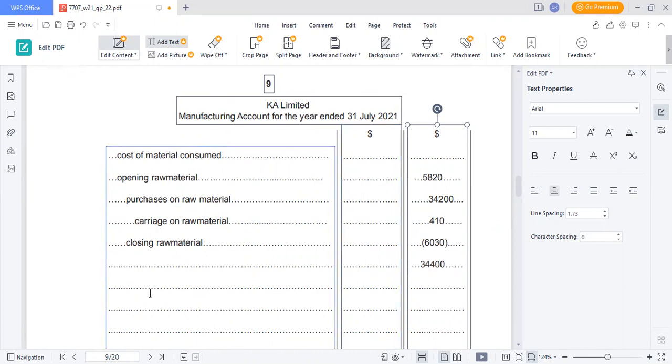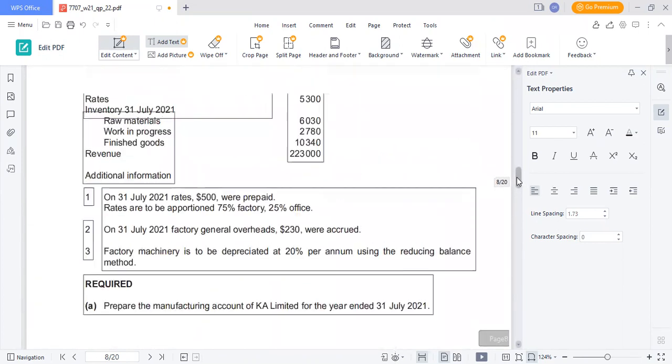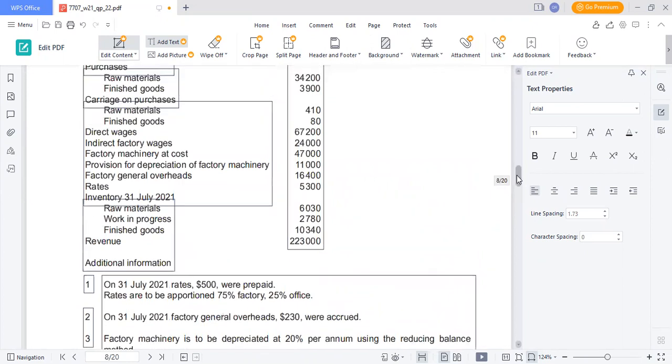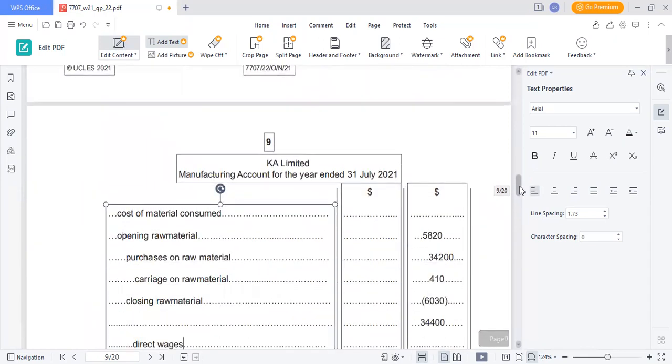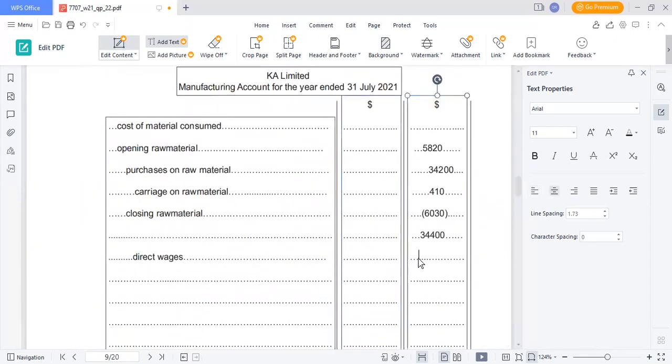Then we have direct wages. If we have direct wages, direct labor, or royalties, that will come under prime cost. That will be included in the prime cost. So we only have direct wages. So the prime cost will be